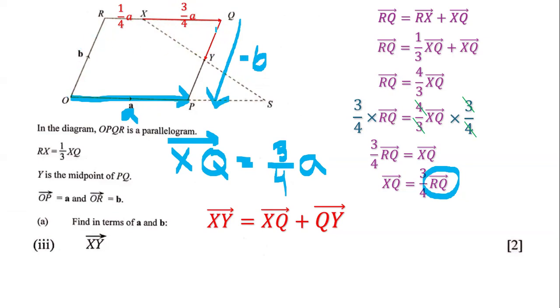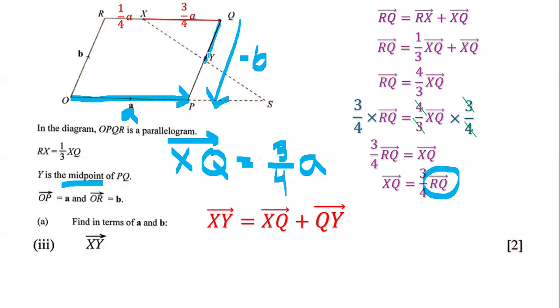This is B, so this side must also be B. But if we're going downwards in the opposite direction of this one, it's going to be negative B. But what do we know about QY? Well, they said right out that Y is the midpoint. Since Y is the midpoint, that means that Y is the middle. So that means that if the whole thing is equal to negative B when we go downwards, and we know that Y is the midpoint, that means that